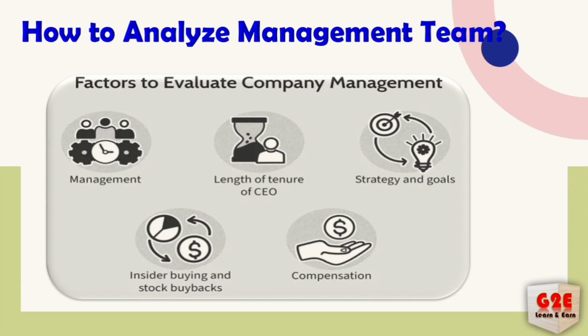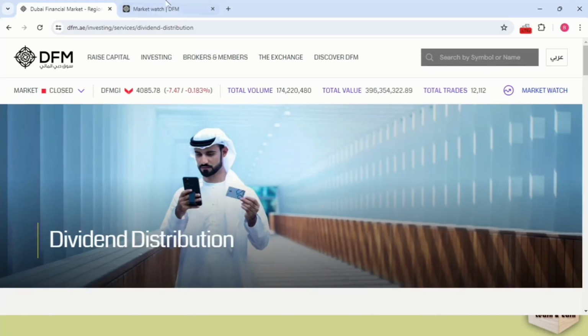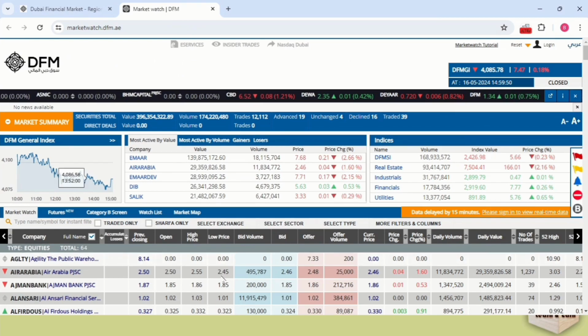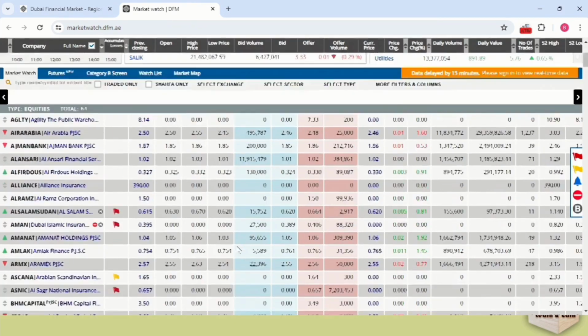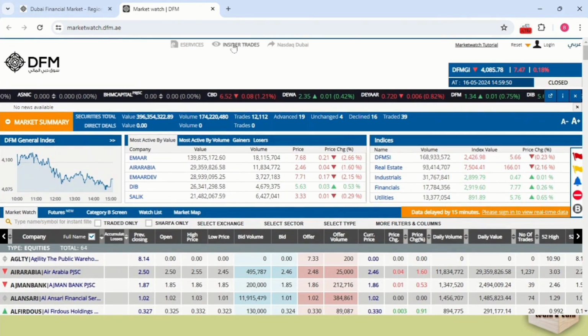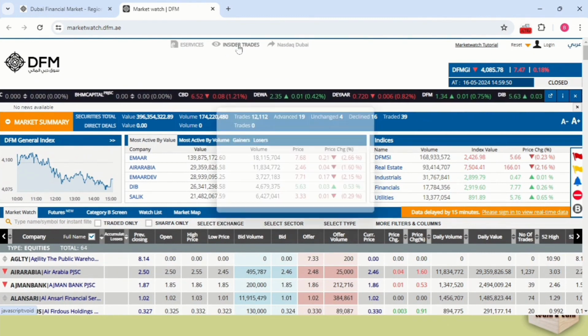Okay. And I will show you a good example over here, whatever insider buying happened for DFM. You can look over here. For DFM, you can open it. Then you can click here for Market Watch. Once you click this, it will open this particular window. And from here at the top, you can see it's available for insider trades. Okay. Once you click this one,